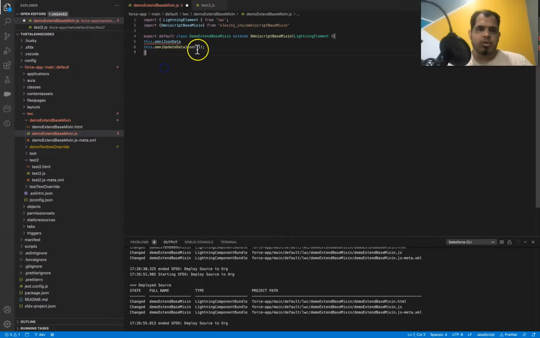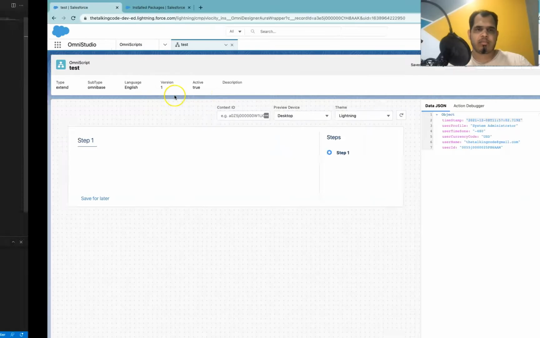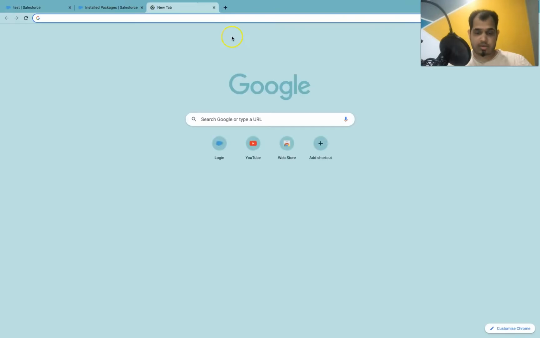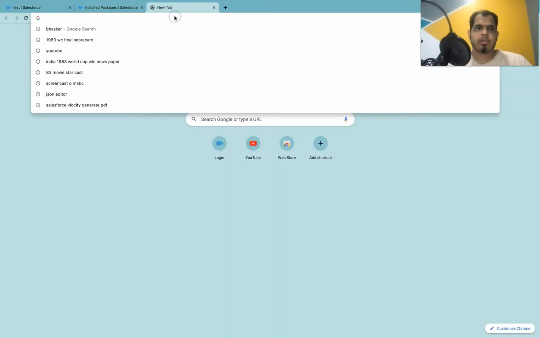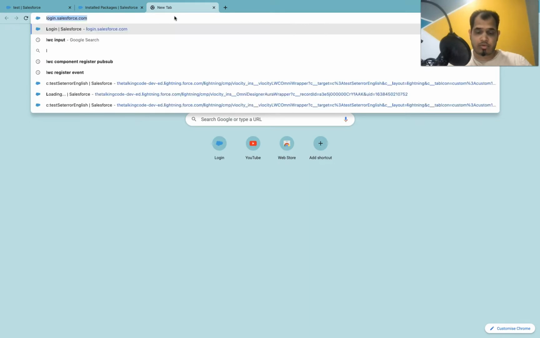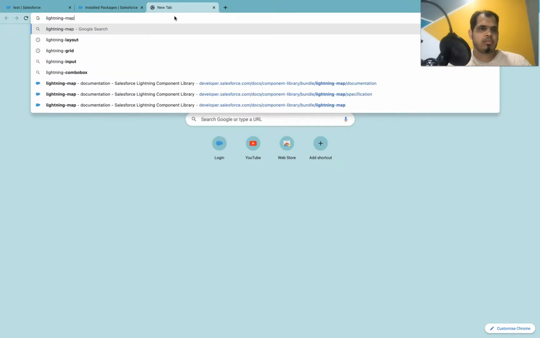Okay, so for the purpose of this demo, we do not have any map element in the OmniScript, right? So we will be implementing one map. So let's see this lightning map.